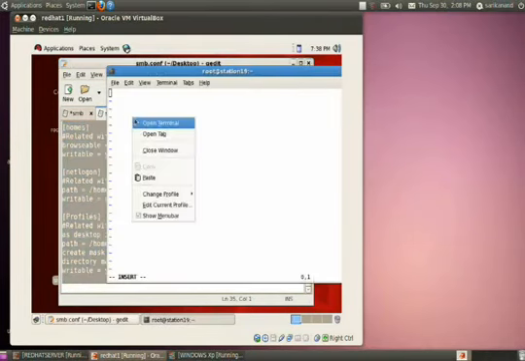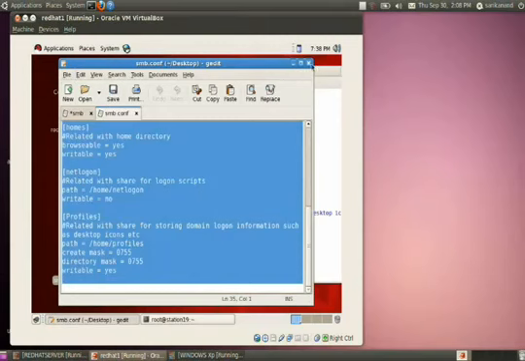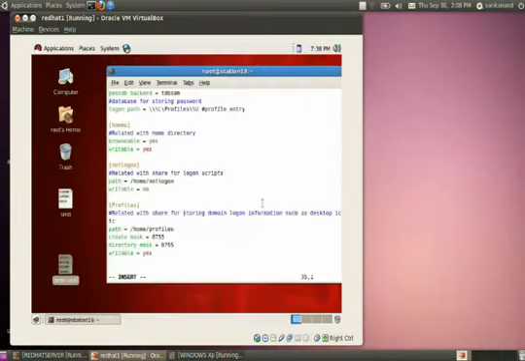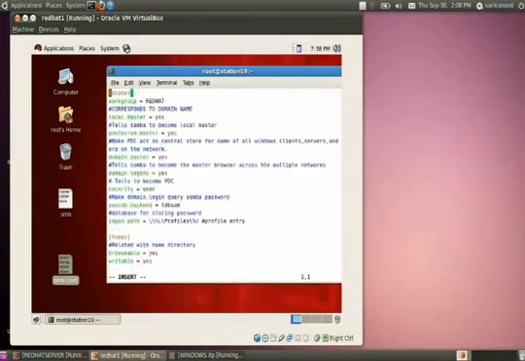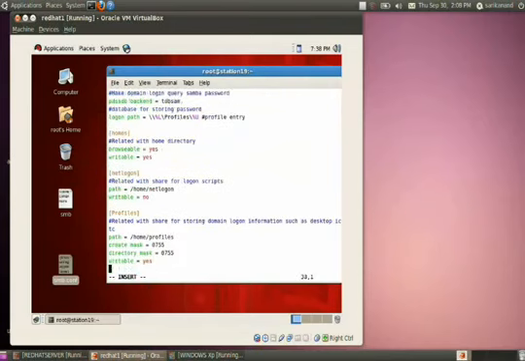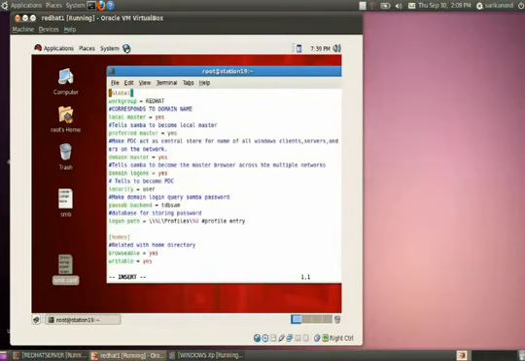So these should be the entries in the configuration file. See, it has a global section, a homes section, a netlogon section, a profiles section, etc. And the description related to each entry is given below. So save this entry,